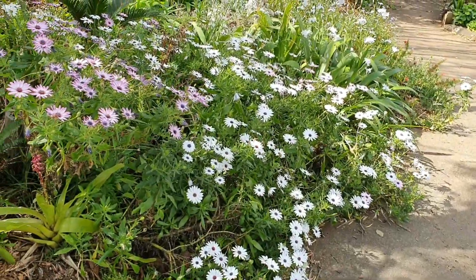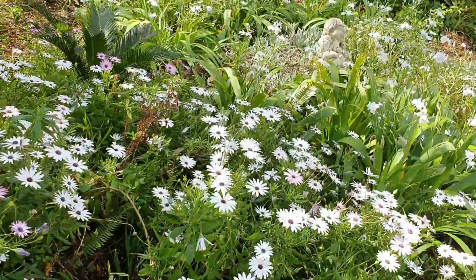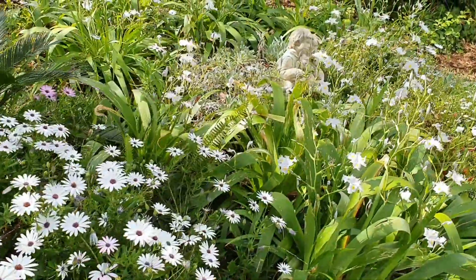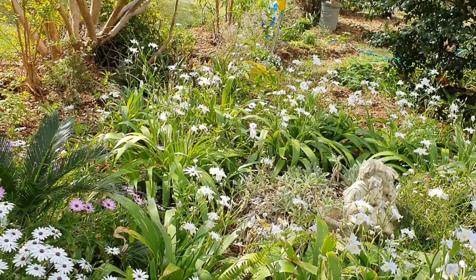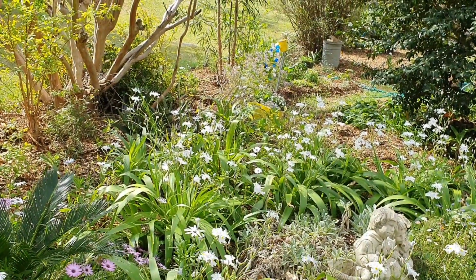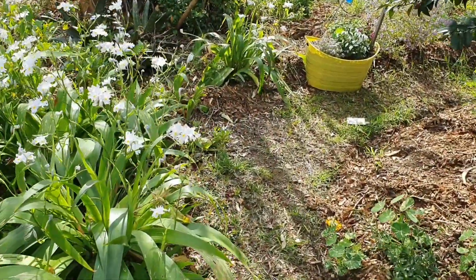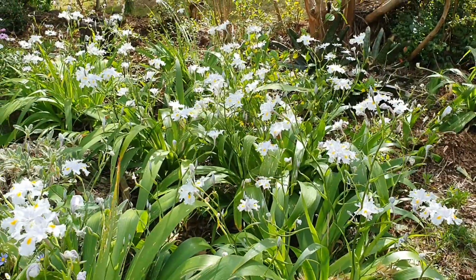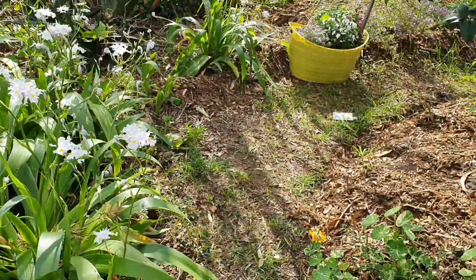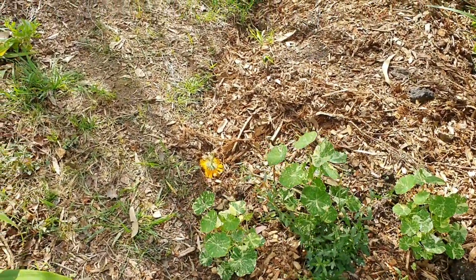There's a whole sea of African daisies. And these plants here, which I believe are Japanese irises. But there is a little project I worked on over there that I want to take a closer look at. Let's go along this pathway past those Japanese irises and down here past some more daisies and nasturtiums over to